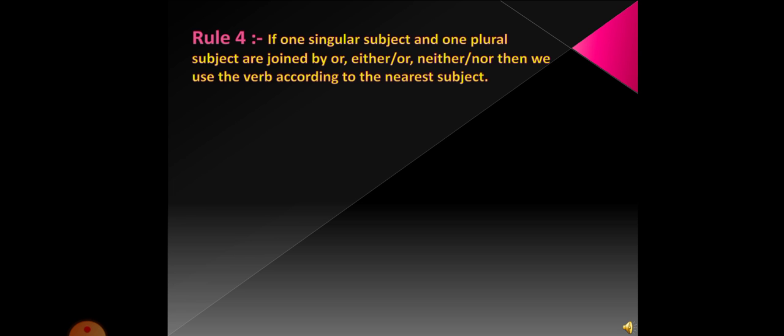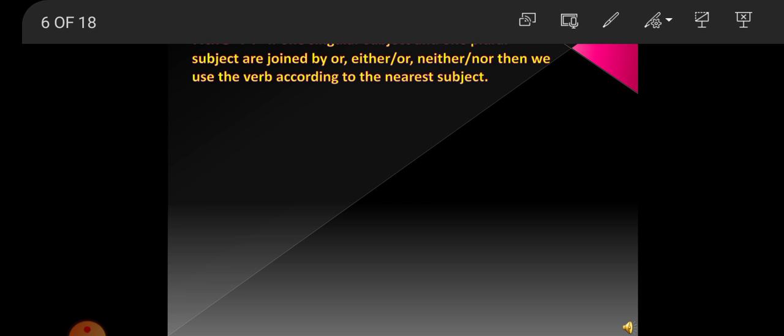Now the rule number 4. If one singular subject and one plural subject are joined by or, either or neither nor, then we use the verb according to the nearest subject. Means if there is one singular subject and one plural subject and these both subjects are joined by or, either or neither nor, then we use the verb that is nearest to the subject. Like